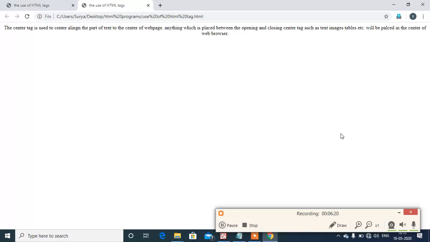Now you can see the characters are aligned in center of the web page. These two words are now coming at center of the web page, but the whole paragraph is not appearing center aligned. Why? Because the size of the line is covering the entire screen, and that is why we are not going to get the actual center alignment as long as we have a larger number of characters in one line.